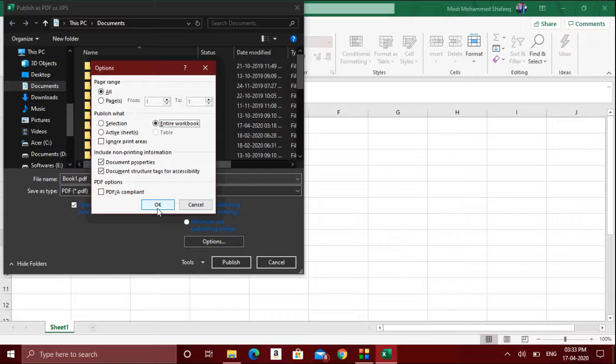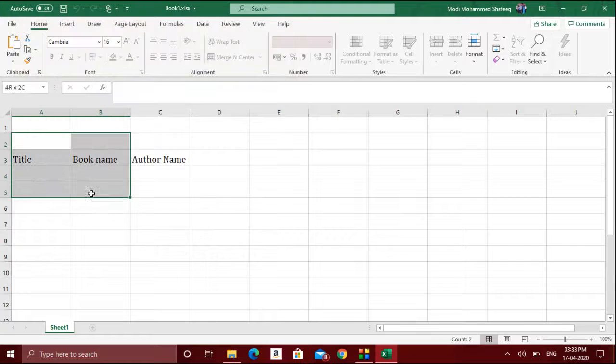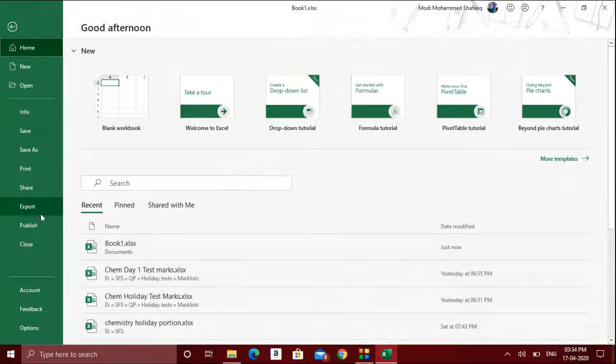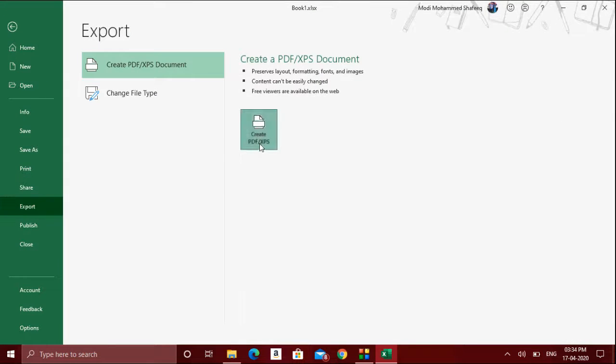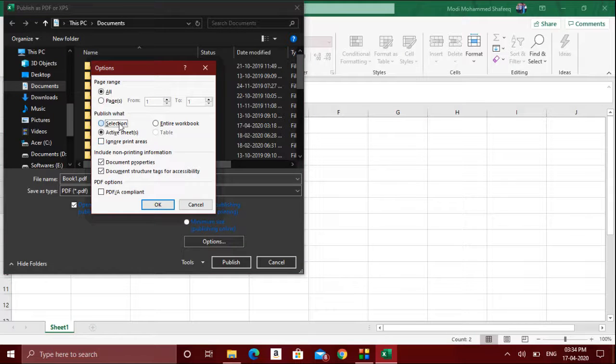Or in a sheet, I don't want to save the entire sheet, but only the selected part. Then before itself you need to select, and then go to File, Export, Create PDF or XPS, then go to options again and click selection.